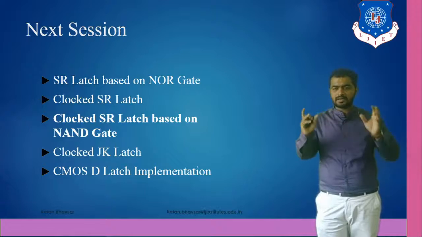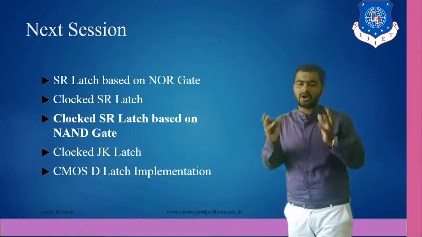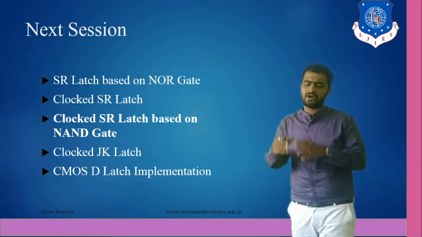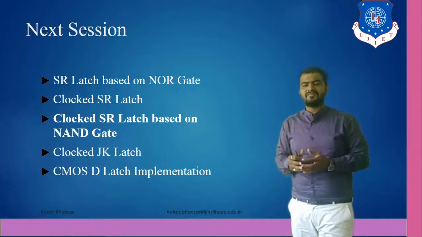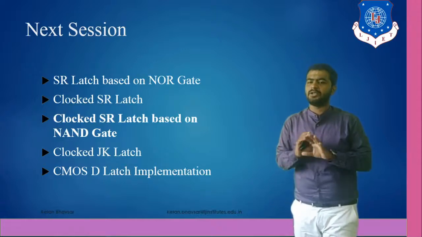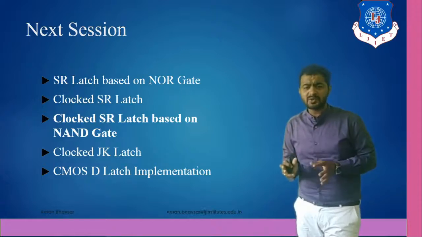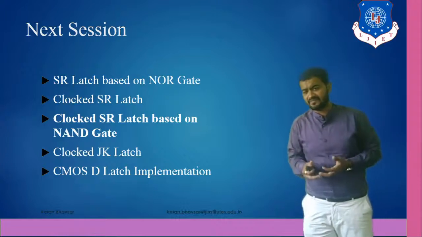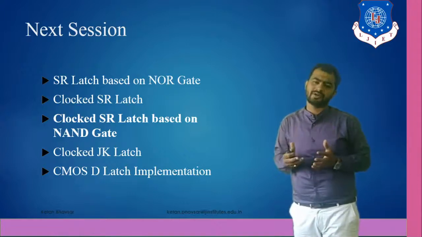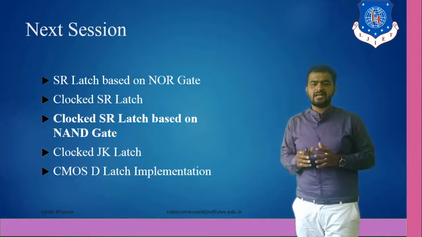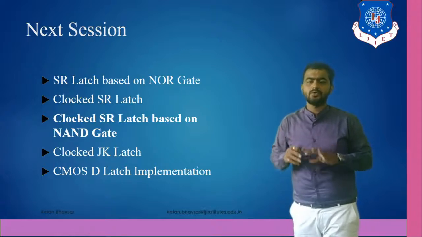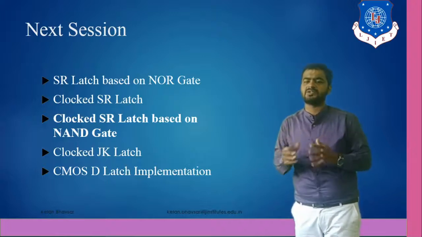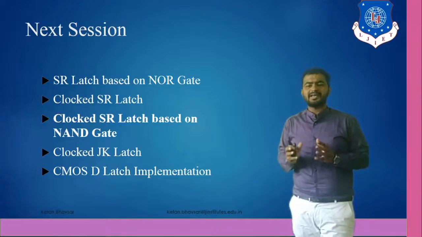Then what exactly do we have to do here? We have to make a circuit, or the block diagram or logic gate circuit, using JK flip-flop or SR flip-flop. We have to make a truth table of that. Then we have to draw a CMOS design ultimately. It is very easy from an understanding point of view in terms of SR latch and SR flip-flop using NAND gate and NOR gate. So I hope that you are getting the idea about the next session. Make sure that you work on the flip-flop very well. If you know the concept of flip-flop very well, then this unit is very easy for you.